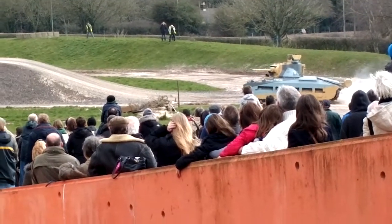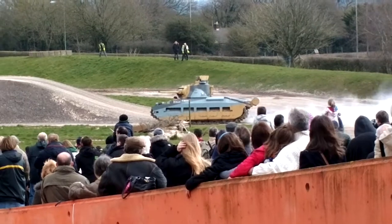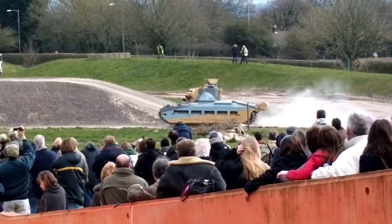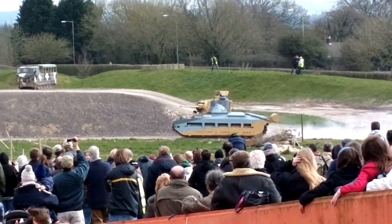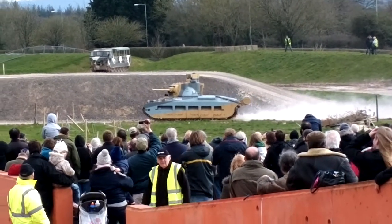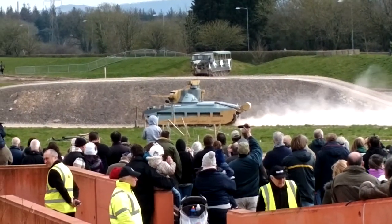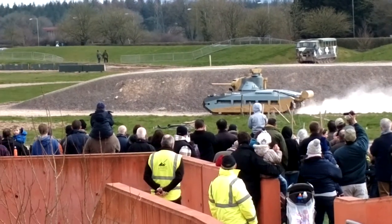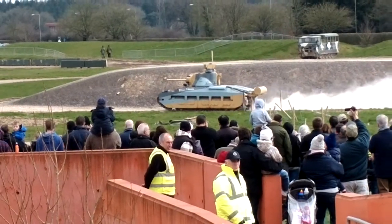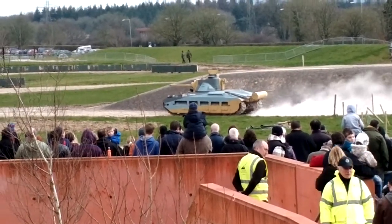Derived from the Bovington tanks, first of all, the Matilda II. Put into service just before the Second World War, two armoured regiments had these tanks out in France in 1940. Now the great thing about the Matilda II is it had very thick armour on the front of the tank. The 2-pounder gun, you can see that gun in the turret there, was very effective against German tanks in